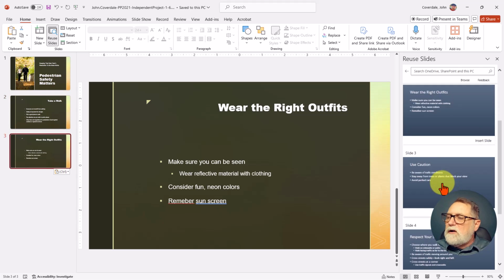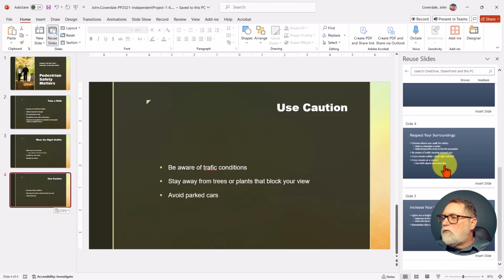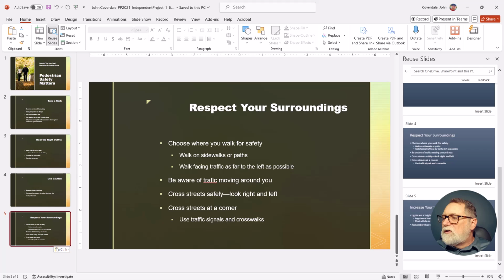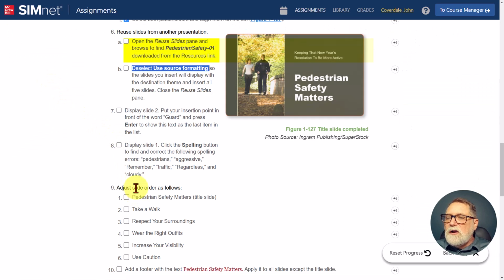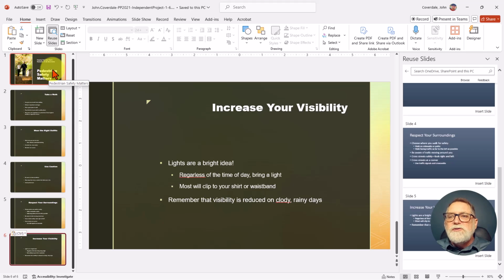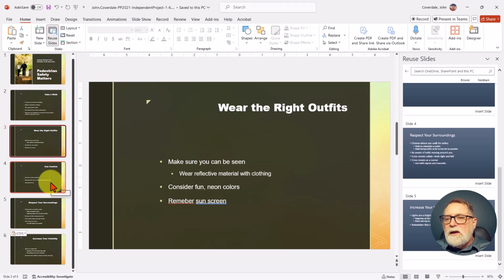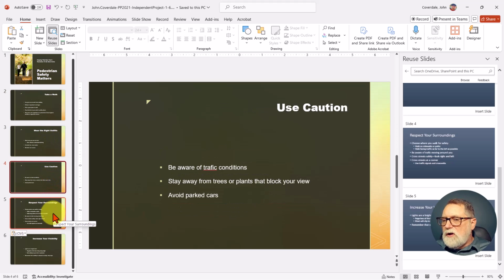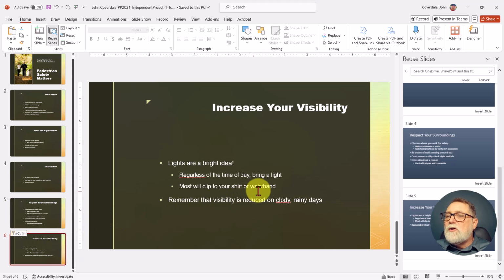So be aware of what you're clicking here, and don't add anything more than once. Once you've done that, let's verify that the slides are going to be in the correct order. So I've done this and this. Before we go any further, I want to make sure I have one copy of each slide. I've got this slide that we started with. Take a walk, wear the right outfits, use caution, respect your surroundings, and increase your visibility, a total of 6